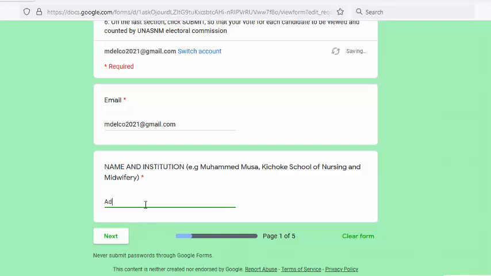Type in your name, and then the name of your school, I mean the school where you belong, the one that was submitted to the UNESNAM Electoral Commission.